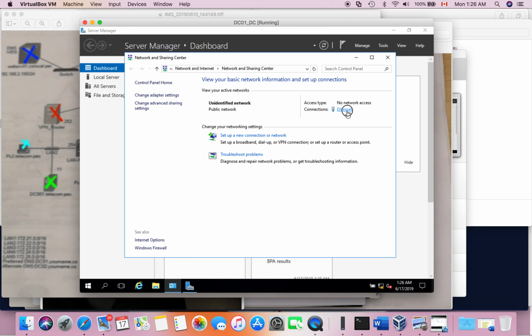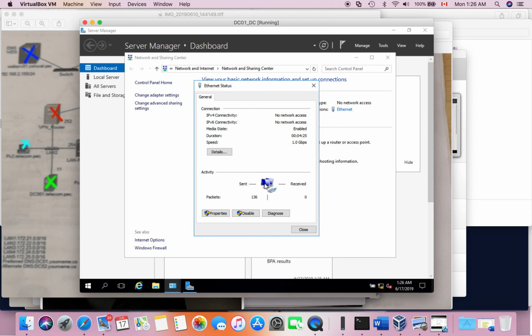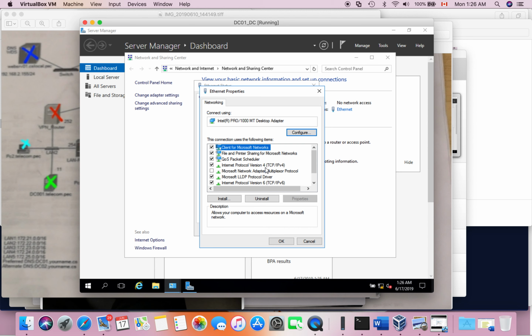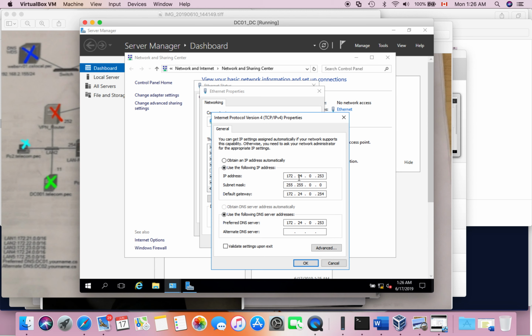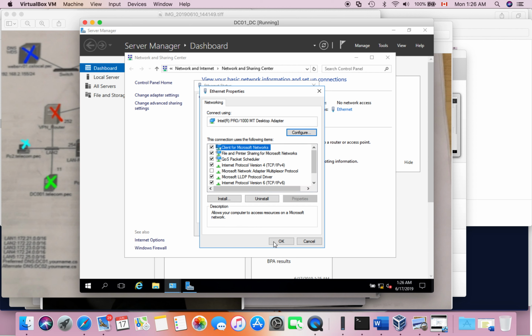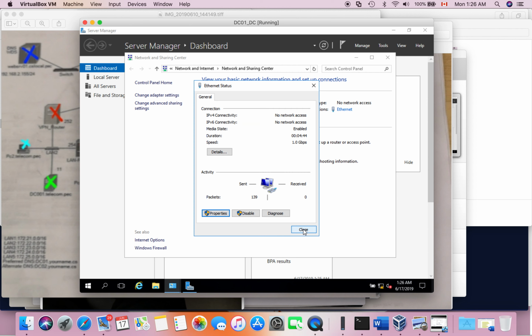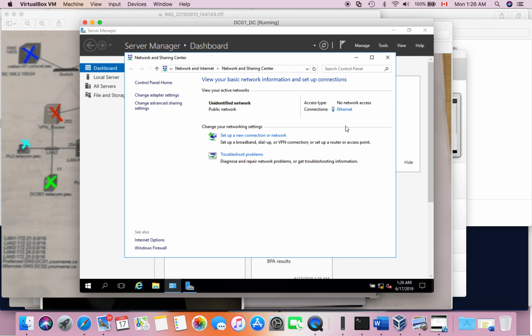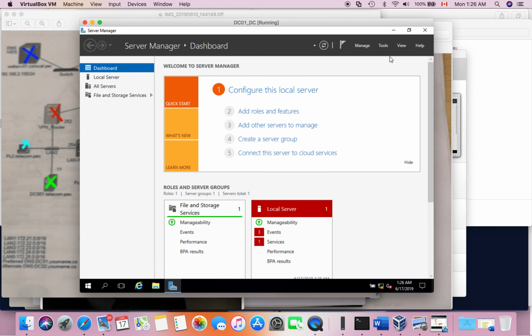So this is the Ethernet. We can go to properties. Yeah, I already did this before. So this 172 and so on. The default gateway here is 254. The DNS is going to be the same IP address. Okay. So we're going to close this one, right? Okay, what I did again is